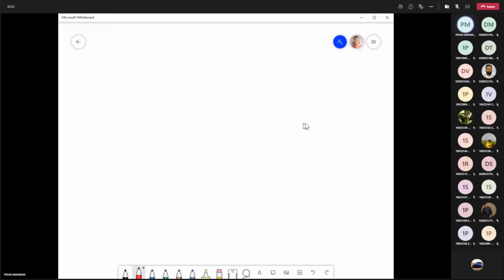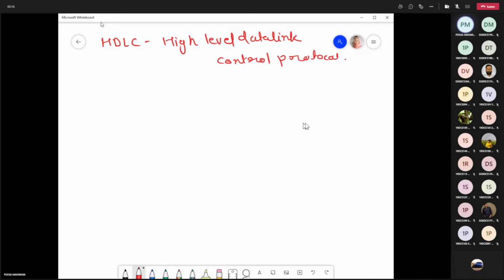So HDLC is the High-level Data Link Control protocol. Basically, first it was developed as SDLC, Synchronous Data Link Control protocol, and then it was standardized as High Level Data Link Control protocol.